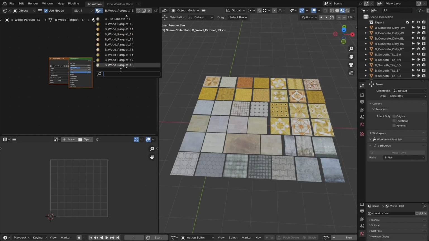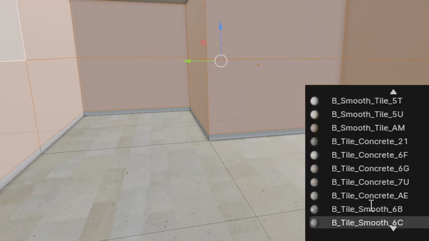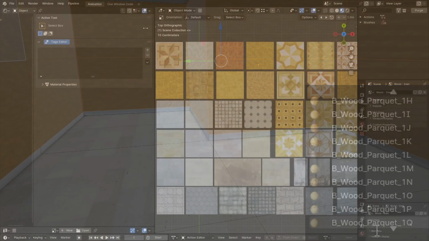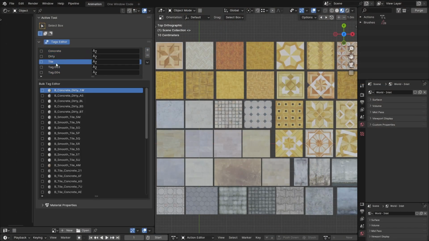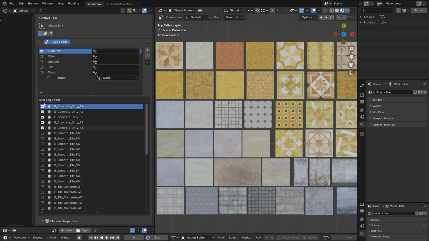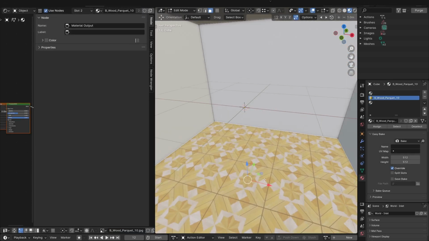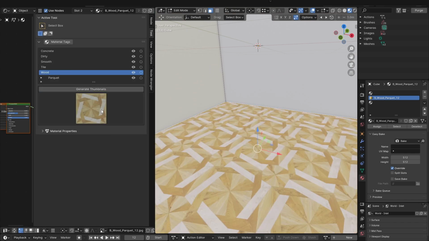Material management in Blender is horrifically non-existent. A one-dimensional system that falls apart as your material list grows. And hell, it grows and keeps on growing. Material Tags lets you categorize, organize, and find the materials with a level of ease unseen in Blender before. Just go to your slot, find what you like, and click!